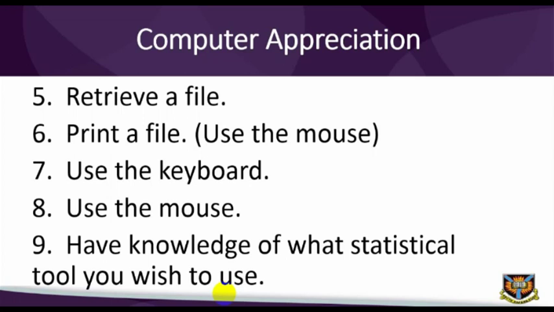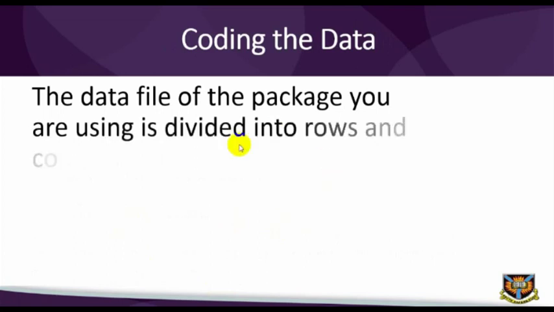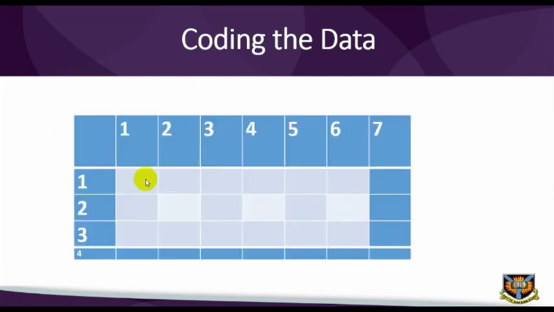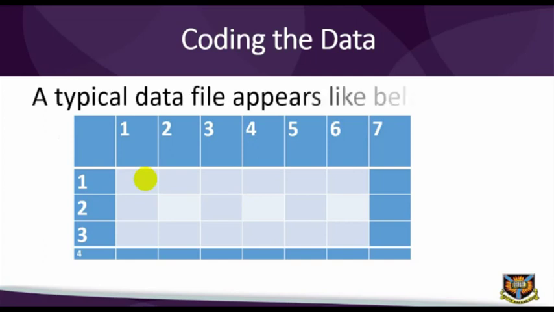Coding the data. The data file of the package you are using is divided into rows and columns. The intersection of these rows and columns creates cells in which numerical data can be typed. A typical data file appears like below: